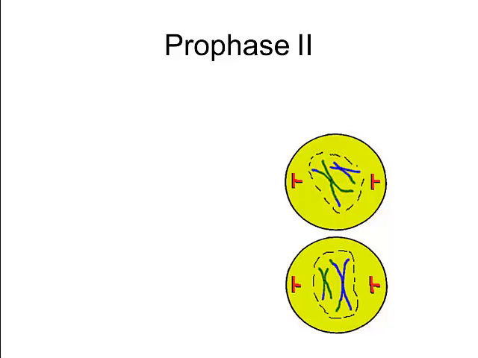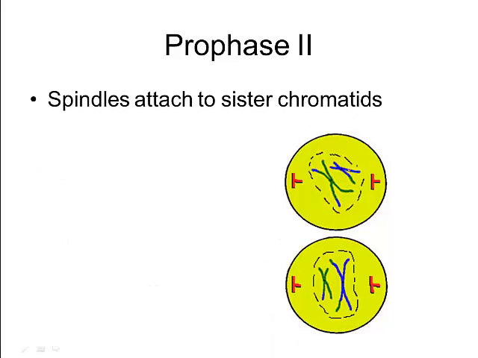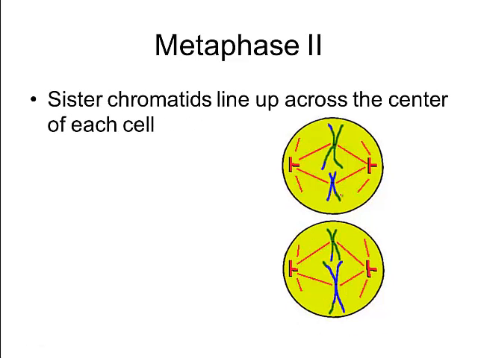So we start with prophase 2. Remember, we now have 2 cells, but those chromosomes are still in their X form. So the spindles are going to attach to the sister chromatids again at the centromeres, just like in mitosis. And the nuclei that had formed temporarily are going to break down again, so we can move them around. So we have to start to kind of redo the process over again. But our end goal here needs to be to get these X's separated. So in prophase, we're going to get reattached, the nucleus is going to go away,